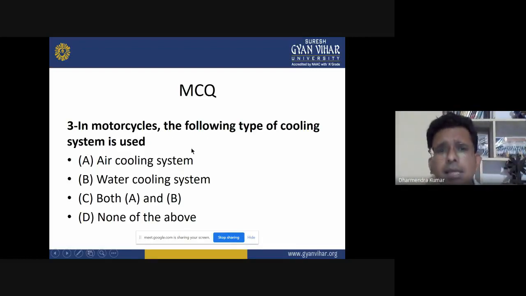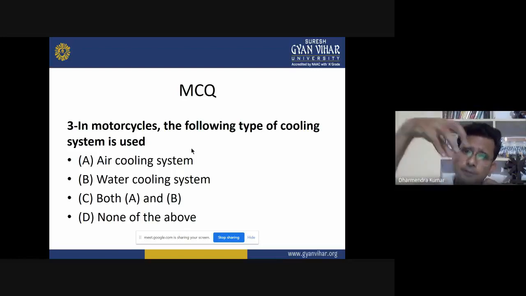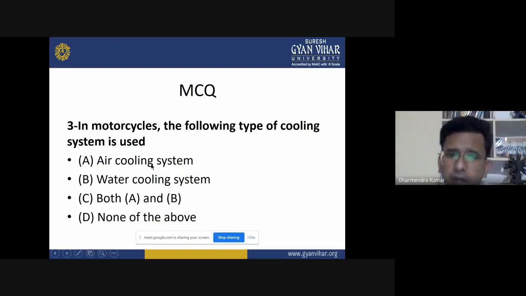Because the question asks which type of cooling system is used in a motorcycle, we have seen that in any motorcycle, the engine part is located outside in the surrounding air. If we are using a bike or any motorcycle, then air strikes on the engine. For a striking of more air to the engine, we have seen that fin-type areas are located on the upper parts of the engine. Then we can say that in a motorcycle we are using only the air cooling system.